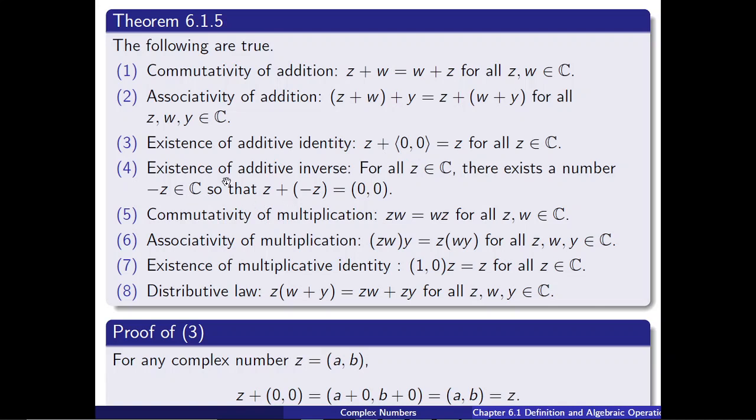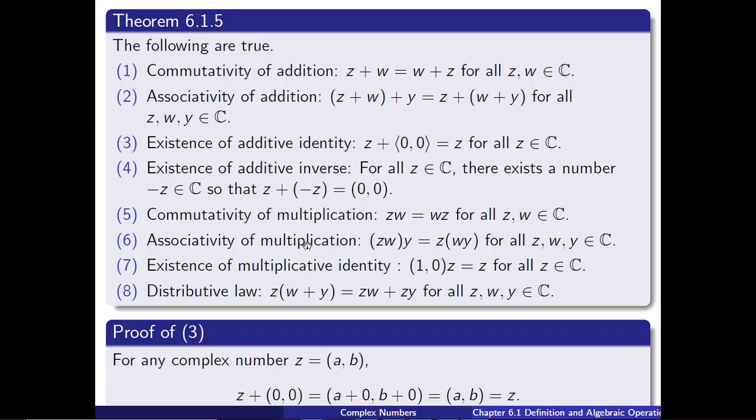And then there's also the existence of additive inverses. So for any z, there exists a minus z, which is a complex number, such that if you add the two, then you get the additive identity. Here the brackets are supposed to be like this, right? And